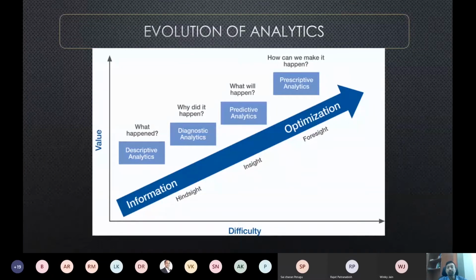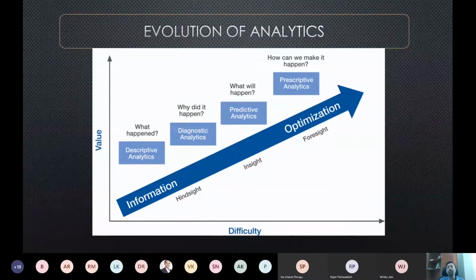And moving ahead, we have predictive analytics, where we try to address the question, what will happen, right? What will happen in the future? So if we have certain processes and systems in place, we try to predict the likelihood of certain outcomes, maybe the effect of treatment on a patient, that sort of thing. So definitely predictive analytics is a very important and vital element of analytics which we can use in the healthcare sector, right?